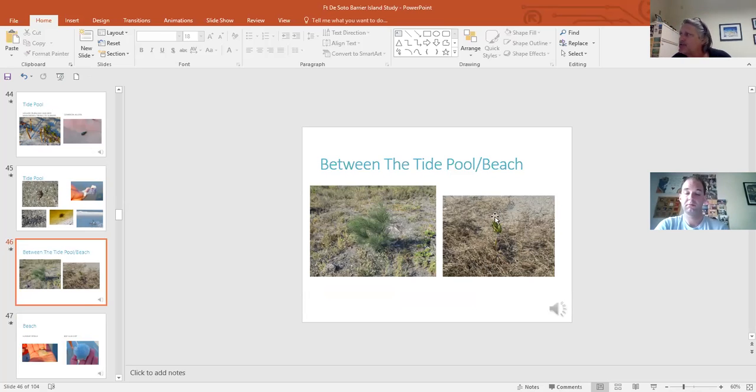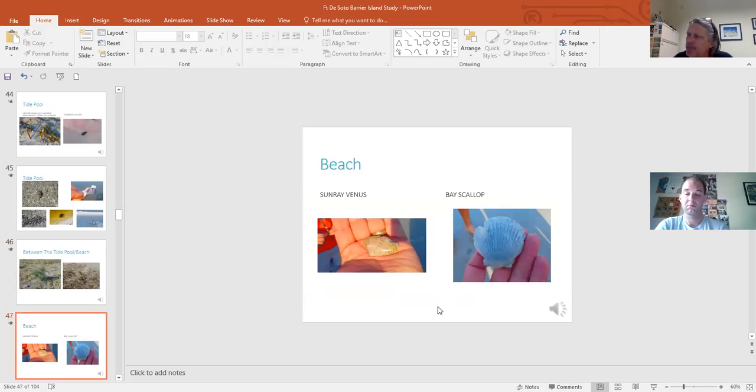This is a very dry area, so this is not close enough to the water to pull it off, but they try. A lot of the things that wash up, if you were to take marine biology, we'd learn how to identify them all, but we're just going to look at them because to me,